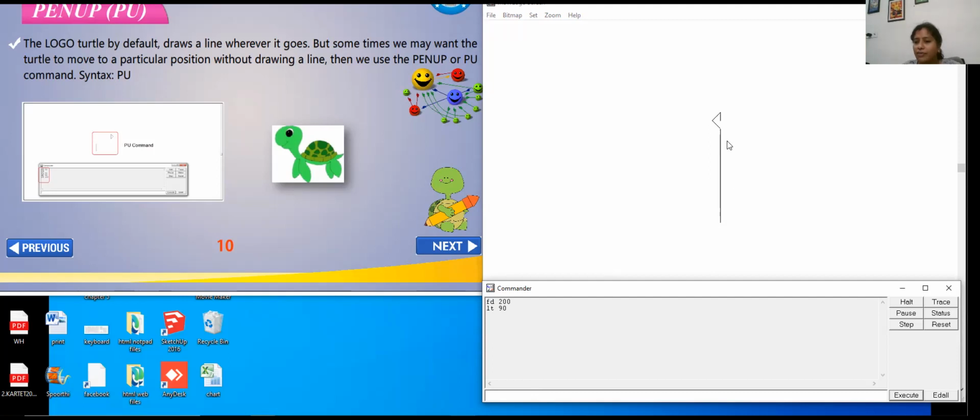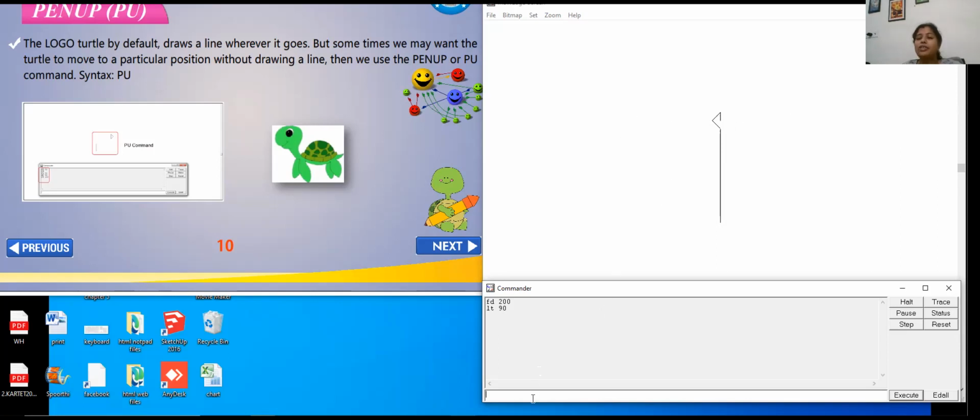I went up. I want to draw a railway track. So I want one line here, another line parallel to it. So this turtle has to go forward, and when it goes forward like this, I don't want any line over here.